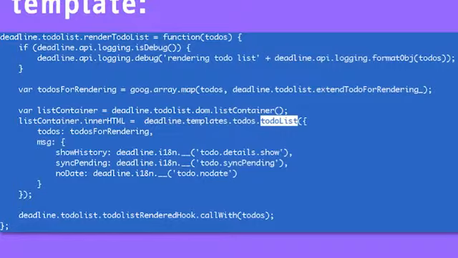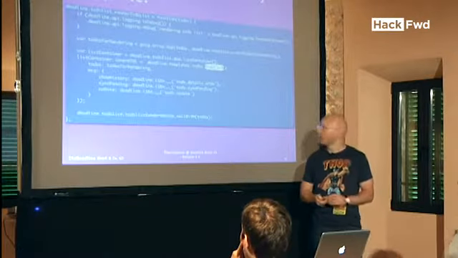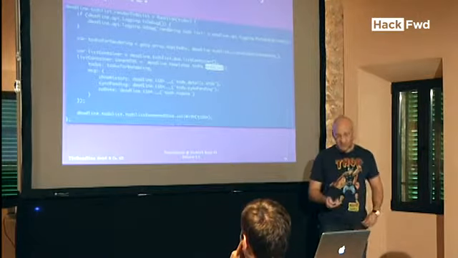We add some data, and then we have a new collection of to-dos, and then we get the list container from the UI API, and we render it by calling just the template name and passing the data as parameters, and we have internationalization messages, and then we send it out to be rendered by the system. So it's really clean code that we have here, and it's